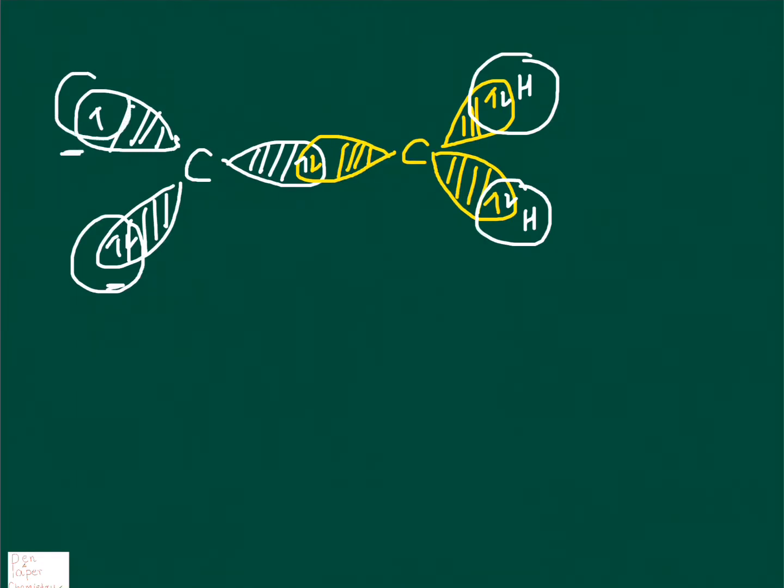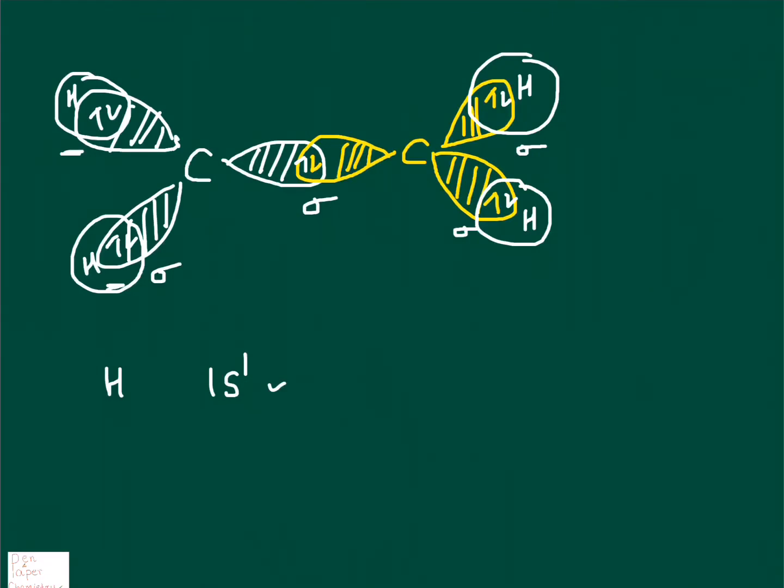What type of bonds are these? Can you tell me? Yes, these are all sigma bonds. So, sigma bond, and the circle ones are hydrogen. Why have I drawn the circle ones as hydrogen? Because in the case of hydrogen, very good, it's 1s1 as the electronic configuration, and s orbital is spherical in shape. So, we have how many sigma bonds over here? Very good, there are 5 sigma bonds.